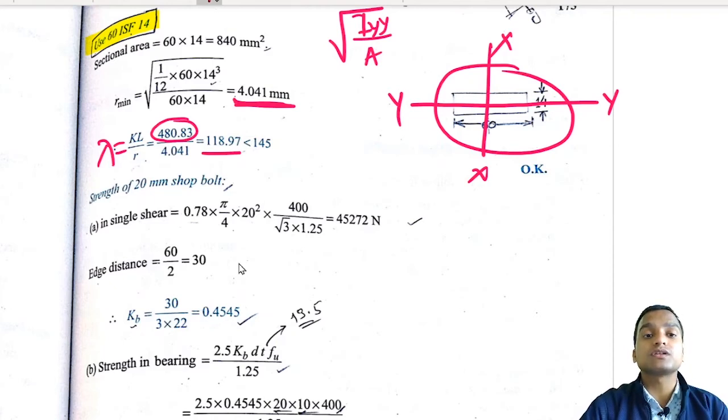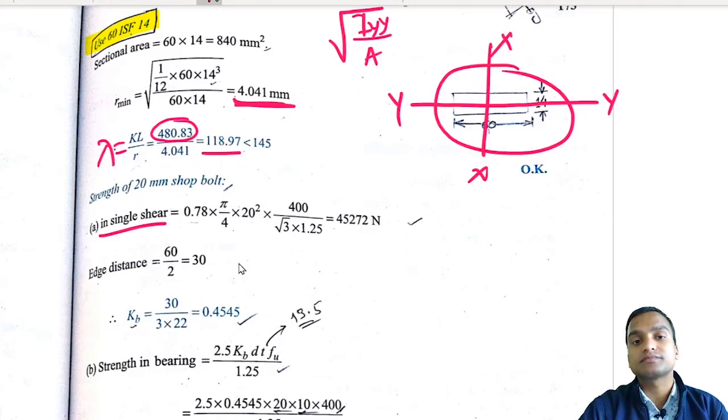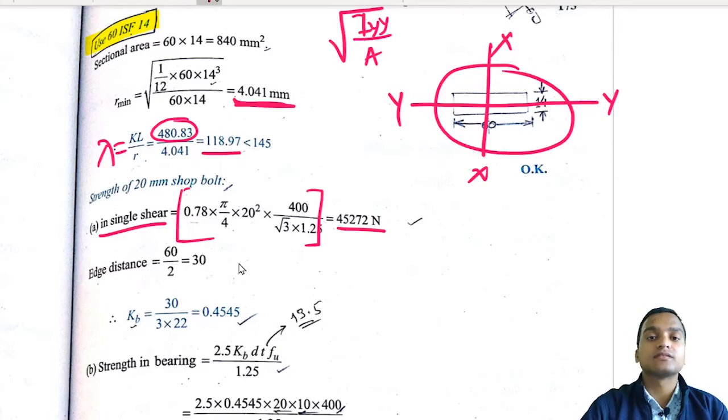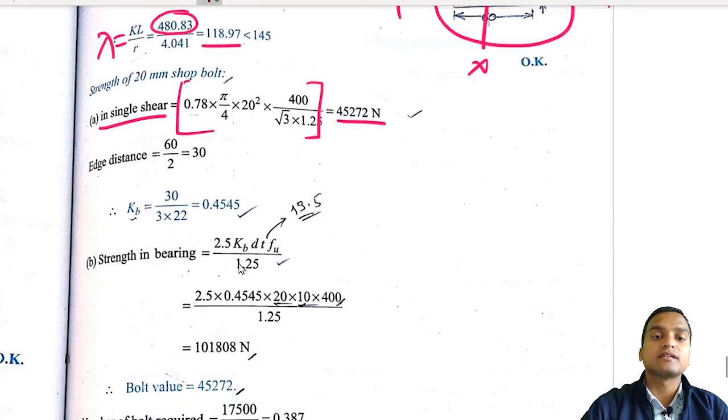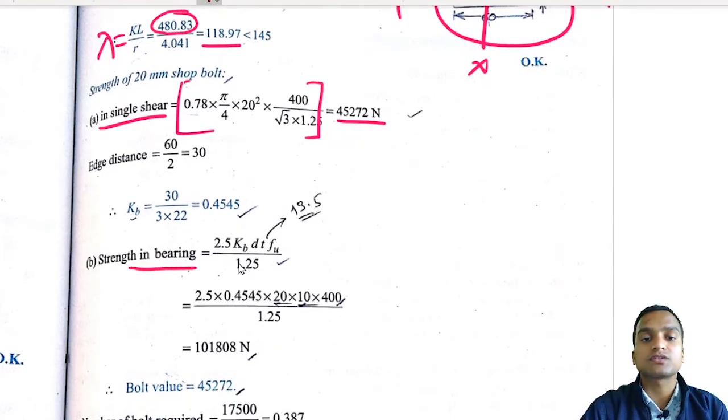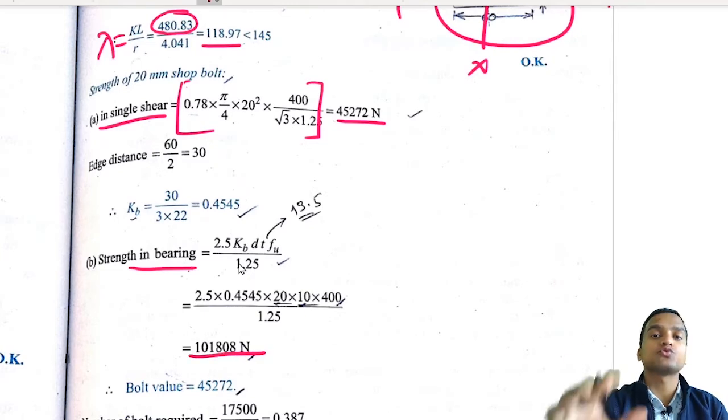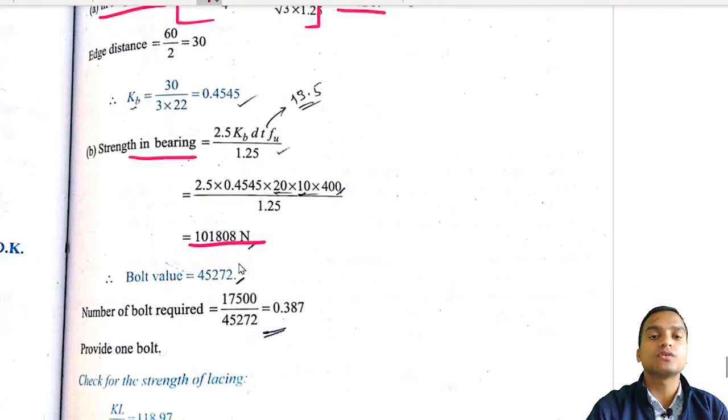And if we are using strength M20 bolts, so we have to calculate the strength of one bolt in single shear. So this can be done again like this, okay, and this is in shear condition, and in bearing strength comes out to be this, and we have to choose the minimum out of these two, which is equal to this much value.